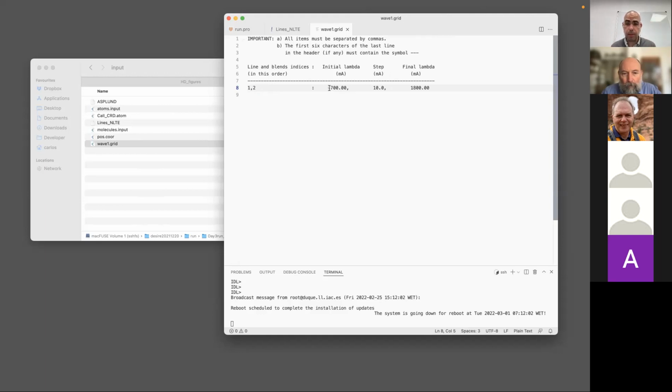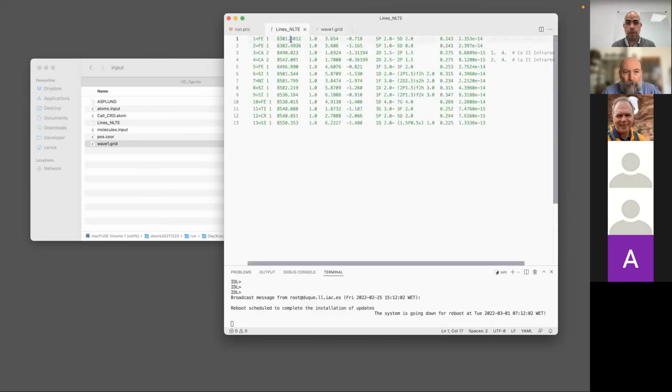And again, as I said in the previous class, this spectral range is always referred to the first index that you have here. So then you are saying that you are starting at minus 700 milliangstrom from the iron 6301.5 angstrom transition, and then you are ending at 1800 milliangstrom from that transition. Taking into account that the difference between 1 and 2, you can see here, is essentially 1 angstrom, then what